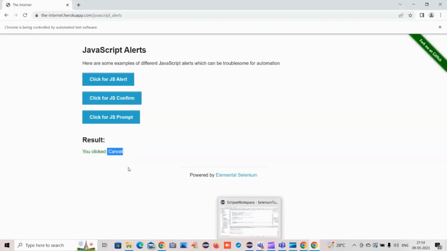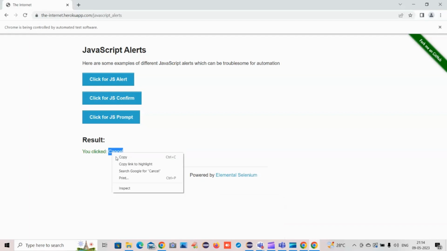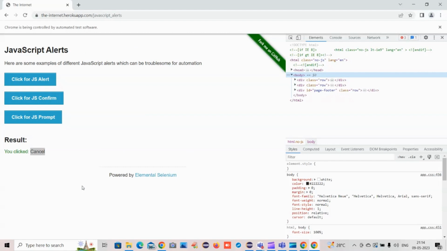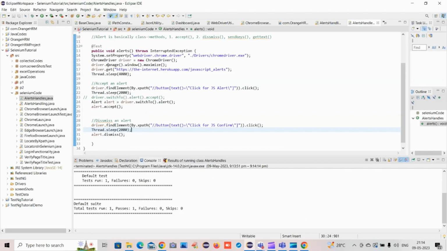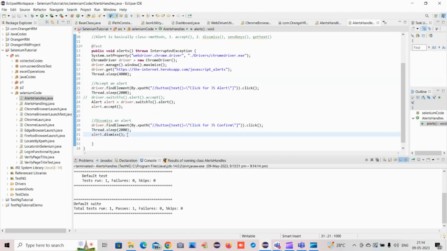We can verify the message also. If we have properly cancelled, it should say cancelled here. So we can inspect this element, get the text from here, and compare the actual and the expected. Likewise we can also do it. So yes, it is done. Dismiss we have done. Now we will learn about